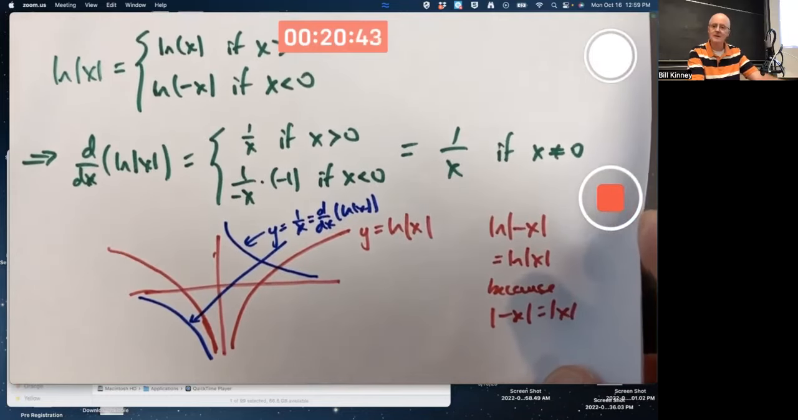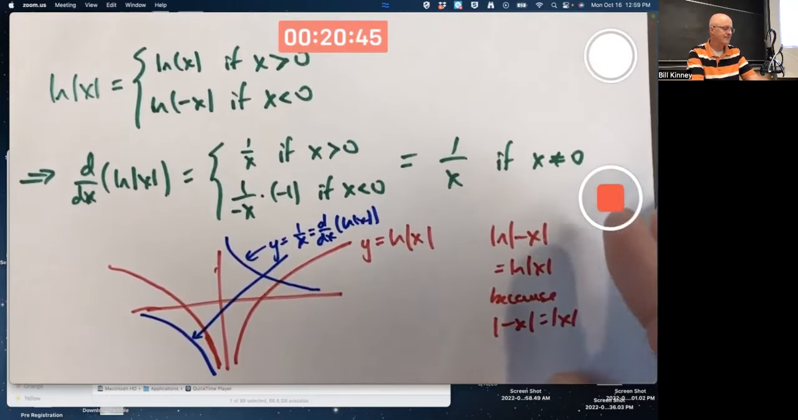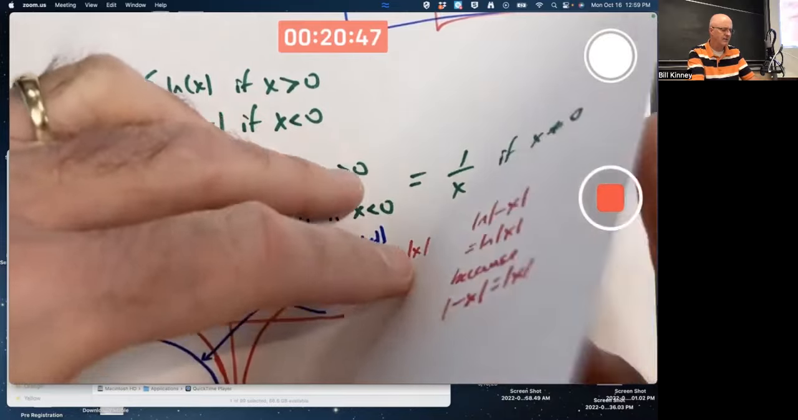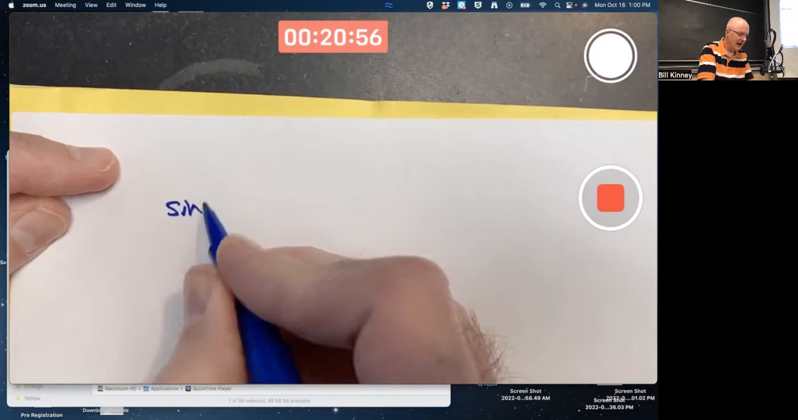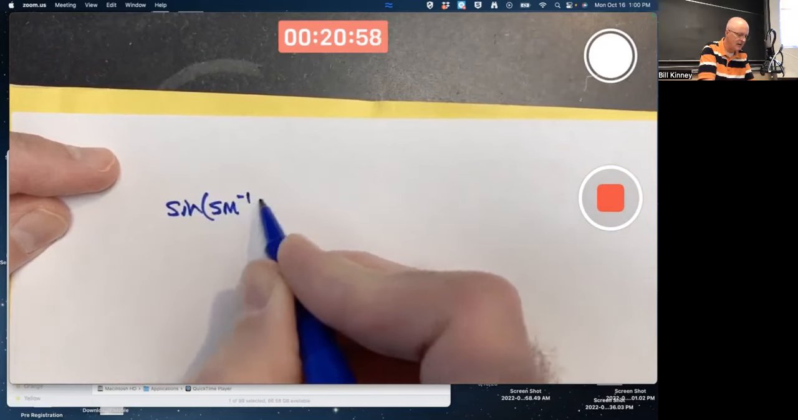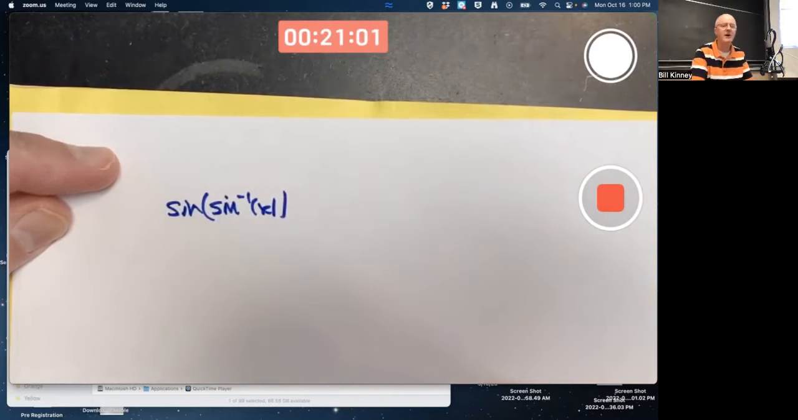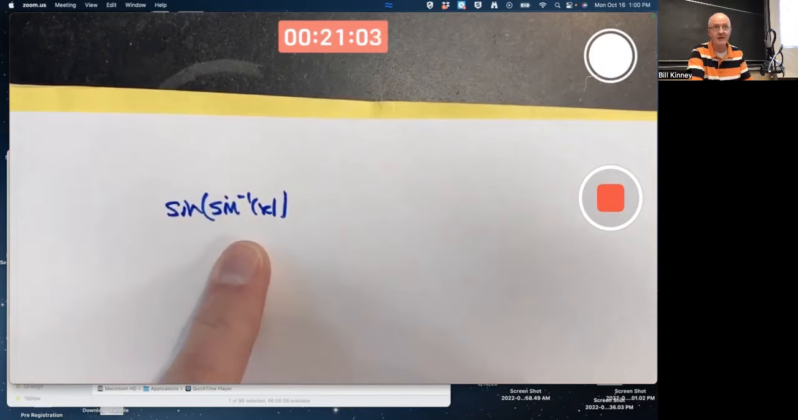Okay, so that's the derivative of natural log of x. How about the derivative of inverse sine of x? We need the fact that the sine of the inverse sine of x, also known as the arcsine function, we could write arcsine of x in there. Sine of x